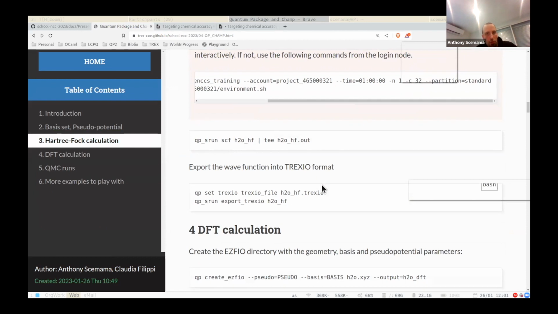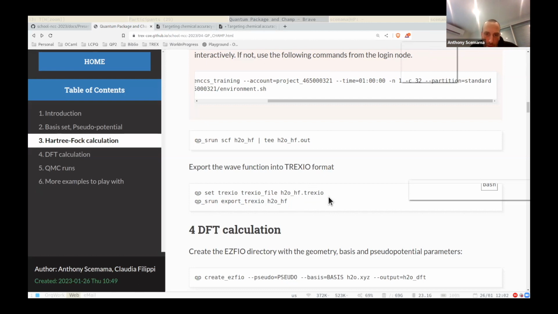Okay, so first you run a Hartree-Fock calculation like this, and after having your Hartree-Fock wave function, you just need to run this command to set the name of the TREXIO file that will contain the Hartree-Fock wave function that you can give to CHAMP for what follows, and then you run qp set_file export TREXIO H2O HF. So this will read this H2O HF database and will create this file.